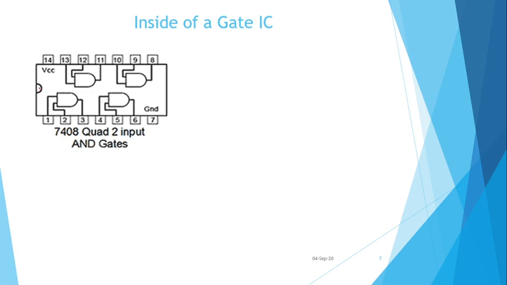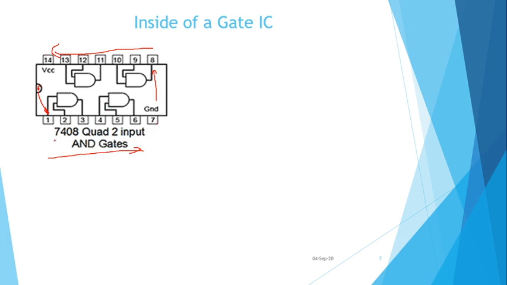So as I said, this notch is important, right? And to the left of that notch always is your pin number 1. And then it goes from left to right, and from this point to this point, and then right to again left, this way. So this is the standard practice followed to remember the number of pins of any IC. So here you see there are seven pins this side and seven pins this side.